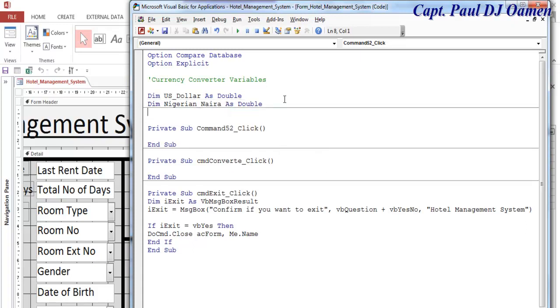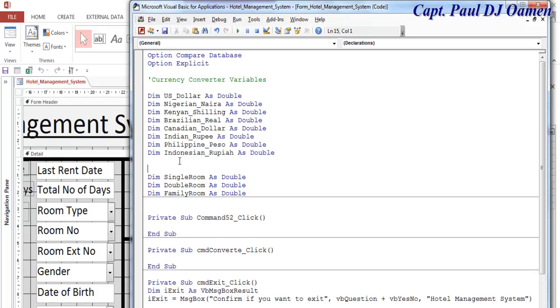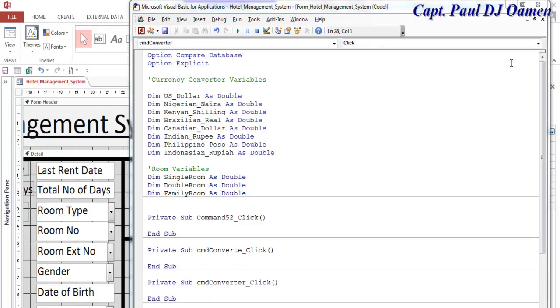So I'm going to speed that up now. Okay, that's it. So right underneath here I've actually declared room variables as well. So let me just copy, paste that in there and call that room variables there. So alright, the next thing I want to do is